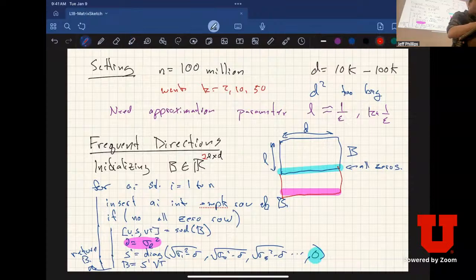And so now afterwards, I set L of these entries to 0. So I've doubled the amount of space, but I only hit the if condition every L steps. So now I need to call an SVD, but I don't call it every time I see a new thing. I only call it every L steps. So now the runtime